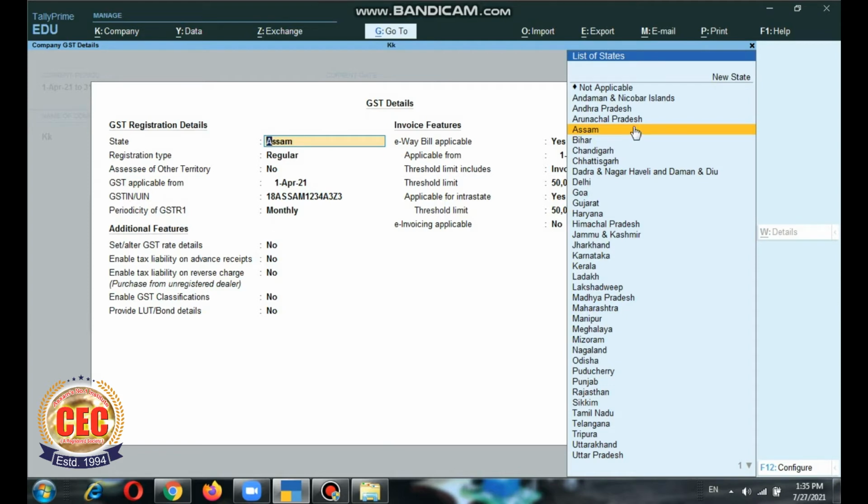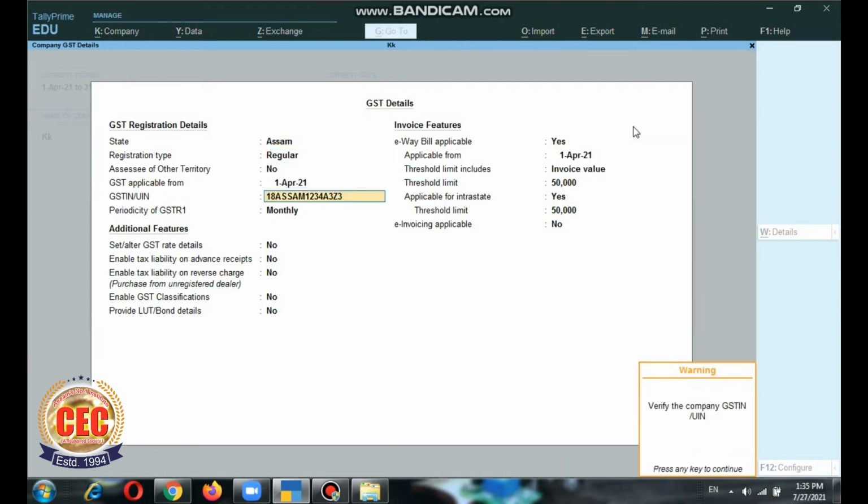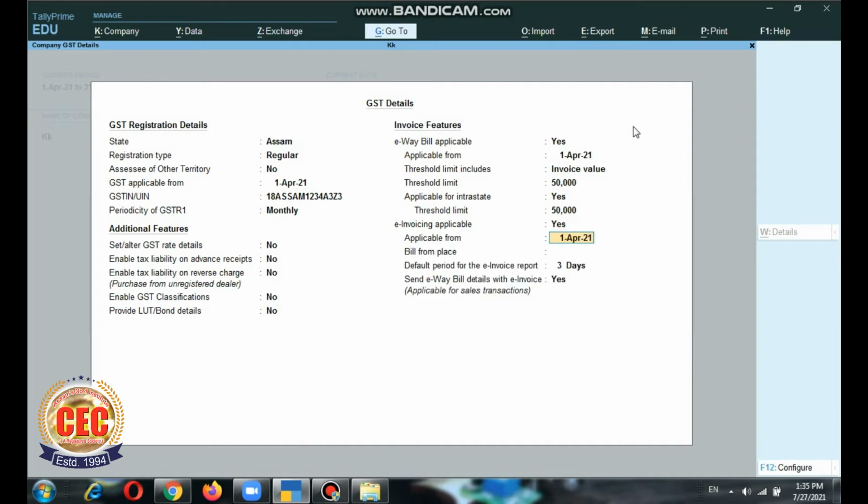For that, simply press the Enter key and set e-way bill applicable to Yes. After that, to set e-invoicing, you will have to set it as Yes, and then set the applicable date.